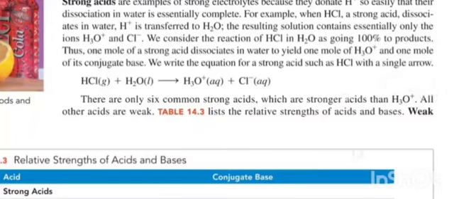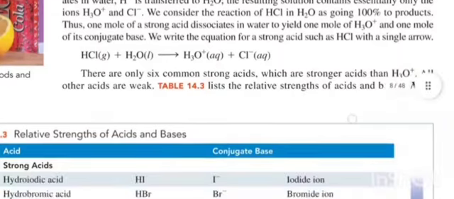Thus, 1 mole of a strong acid dissociates in water to yield 1 mole of H3O+ and 1 mole of its conjugate base. We write the equation for a strong acid such as HCl with a single arrow. There are only